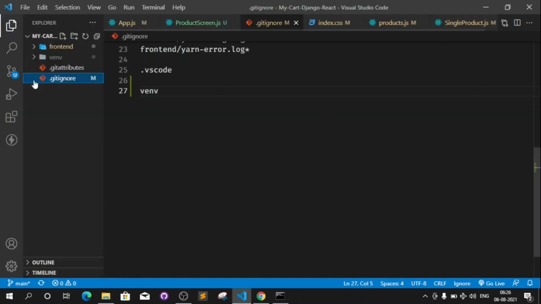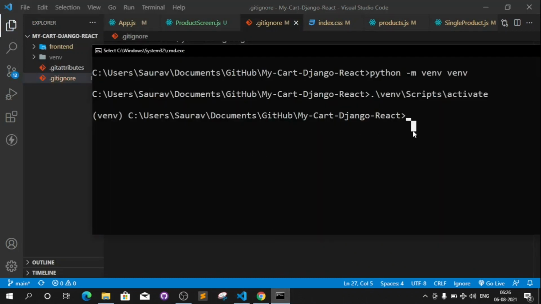Okay, so come here, and now after activating our virtual environment, we have to install Django: pip install django. If you are using Linux, then you can type source and your virtual environment name, and after that type bin and activate.